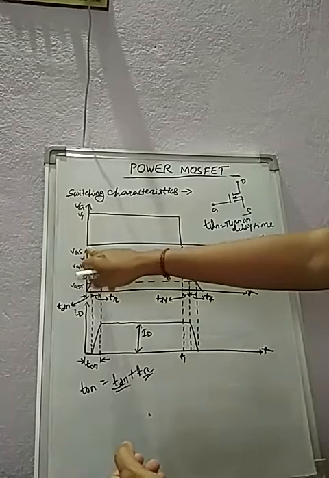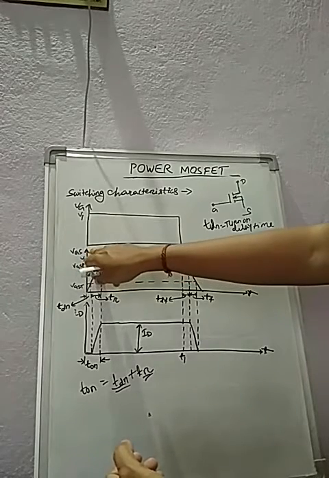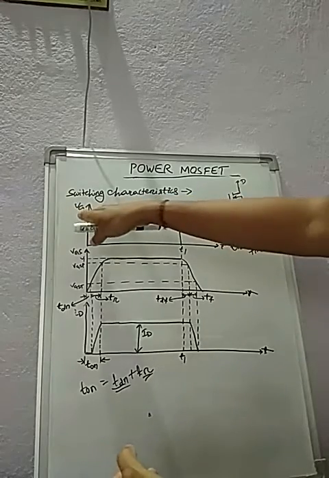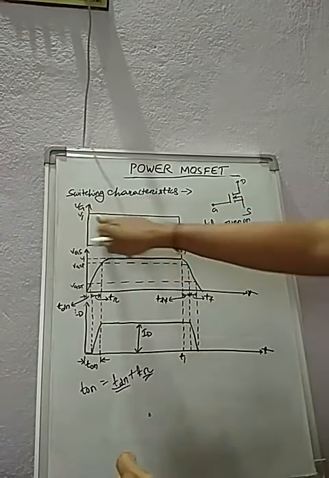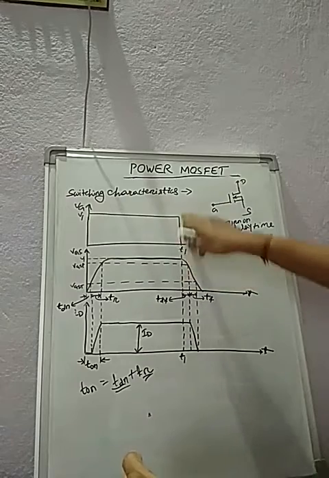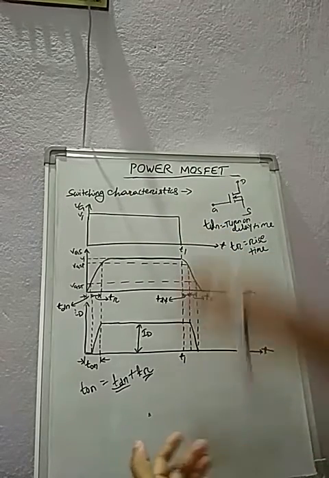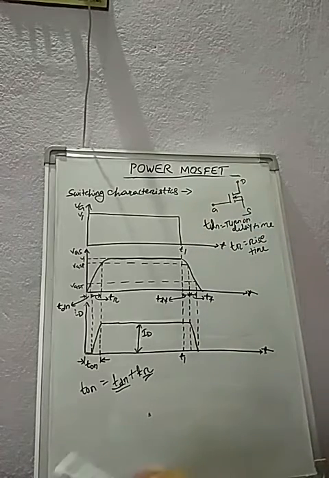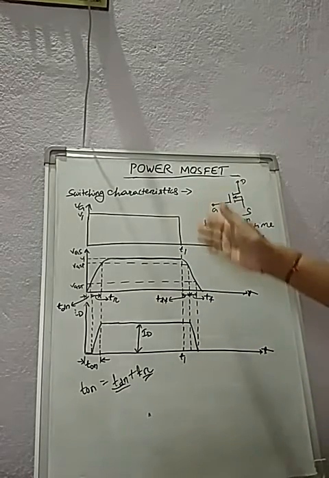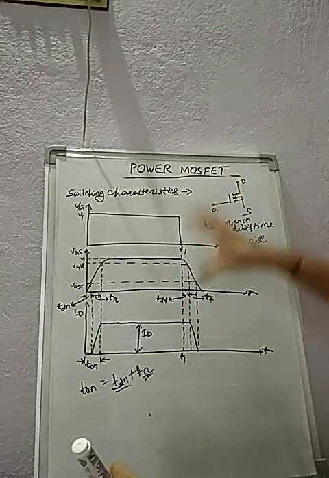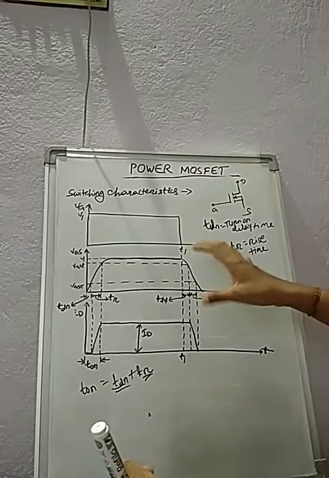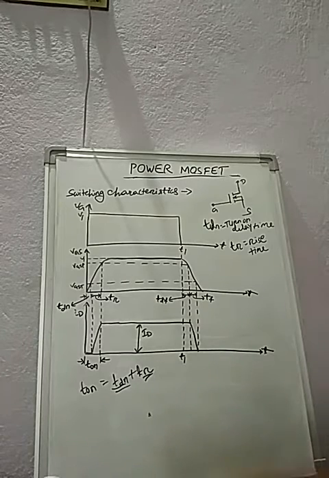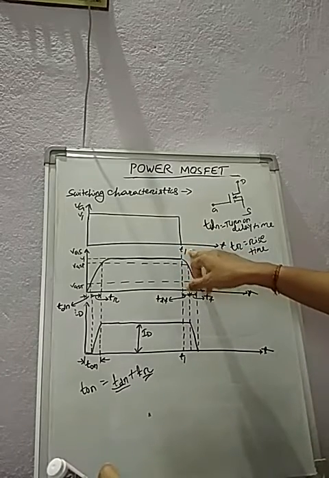See, this is from 0 time. At 0 time we give the gate voltage, and the maximum level is the V1 level. From this time to this time V1 is maintained, but at T1 V1 is reduced to 0. That means at time T1 we remove the gate voltage. So the turn off process is initiated just after the removal of the gate voltage.